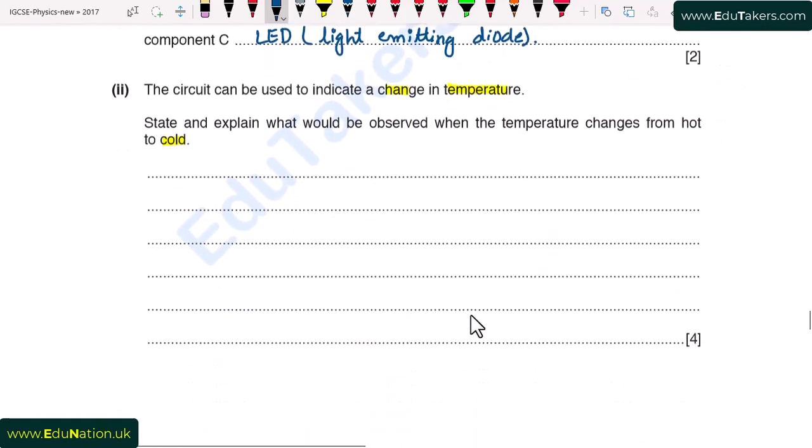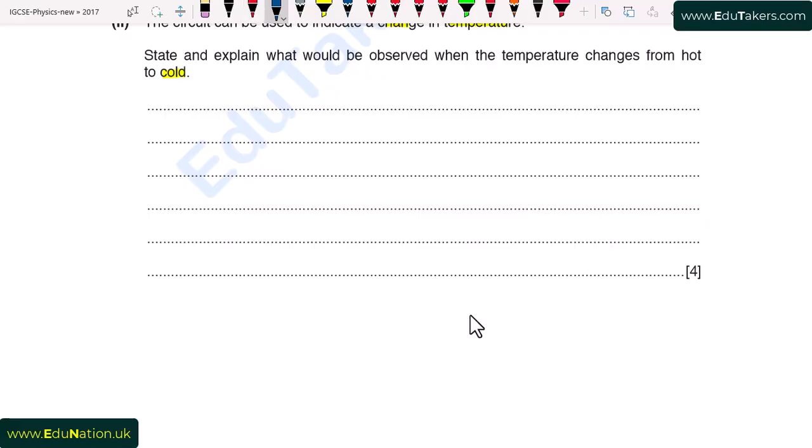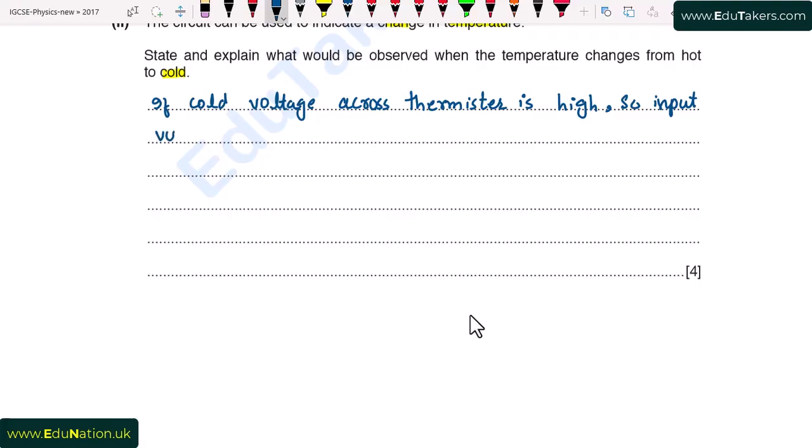So I write here, if cold, voltage across thermistor is high, so input voltage to LED is high,